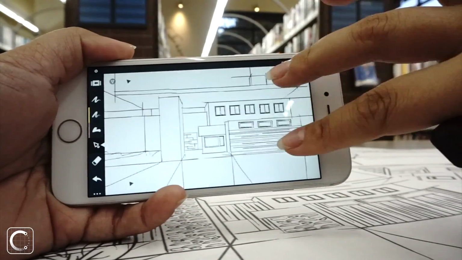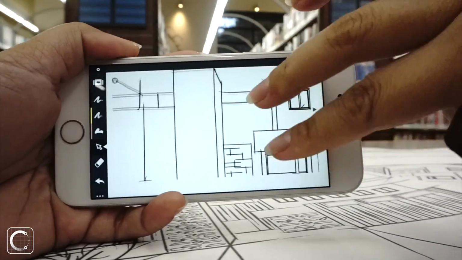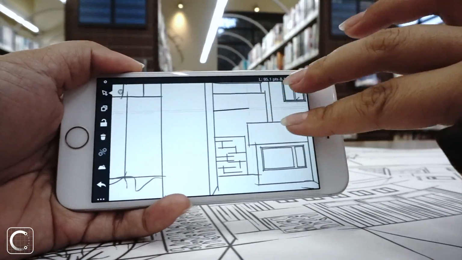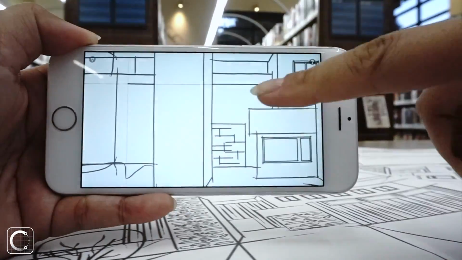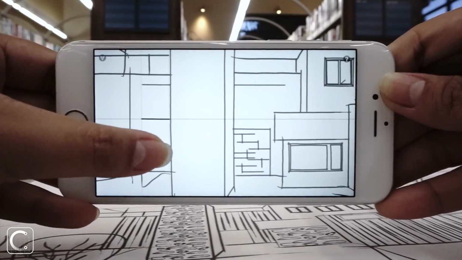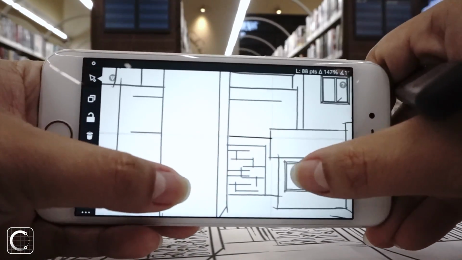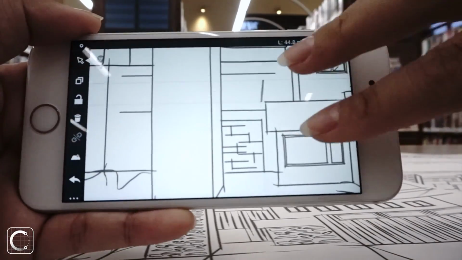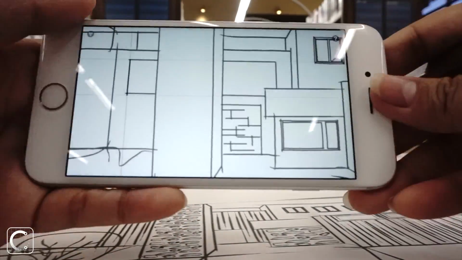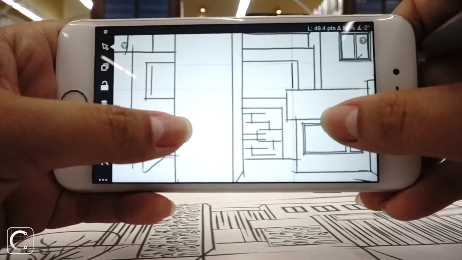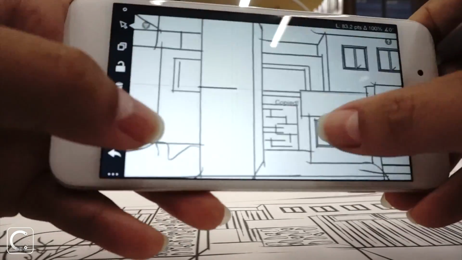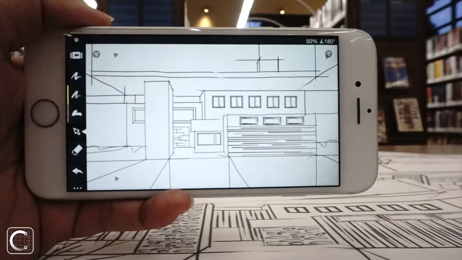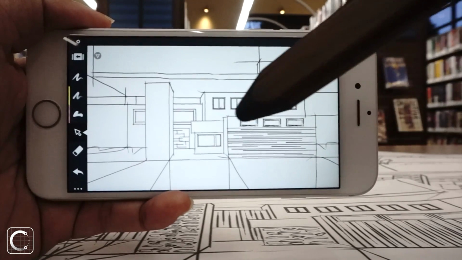Okay, now I want to add one big window for the entrance area. I'm copying one of the strokes from the door and making one big window. If the sides need to be shorter, I simply stretch the stroke down to the proper length I'm using. Just adding further details to frame the window here. As you can see, our modern house concept is already looking more refined after adding in all the details we